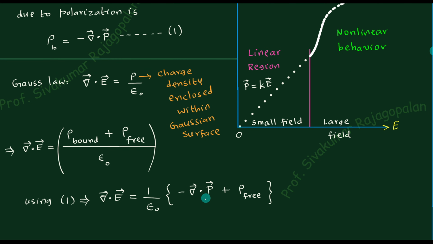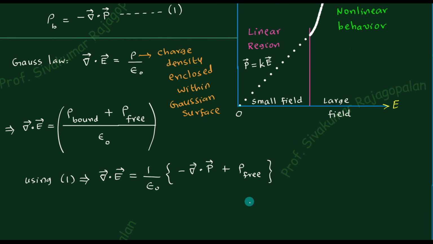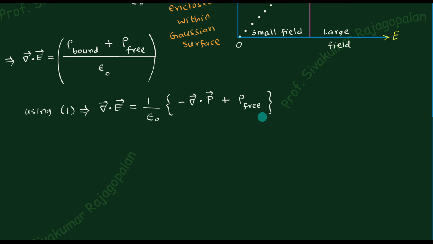All that is known is that the bound charges can be calculated from the divergence of the polarization, where the polarization itself can be measured by an experiment. But if at all any charges are present inside the dielectric which did not participate in the polarization mechanism, such charges we will call by the name rho free, and we do not know how much it is, but it will be there inside. In addition to that, rho free could also represent the charge density that we can keep intentionally or deliberately. So that point I would like to write down. We can generally say that if charges are kept deliberately, then it is not equal to 0.